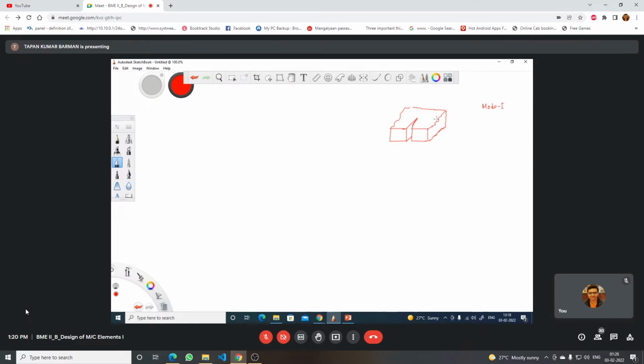Mode 1, what happens is basically called opening mode, like this. Mode 2, the forces or loadings will be like this. And in mode 3,